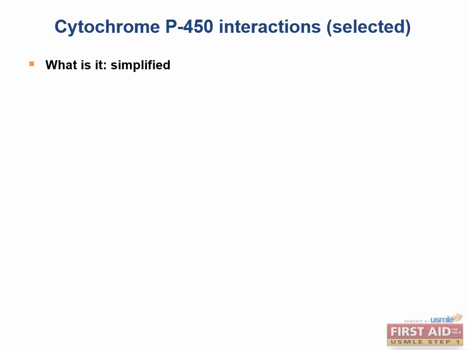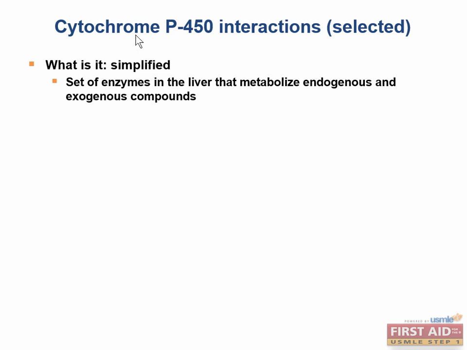We should now switch gears and talk about the cytochrome P450 system. Now, what is this cytochrome P450 system? Well, this P450 system refers to a superfamily or a broad collection of enzymes found mainly in the smooth endoplasmic reticulum of hepatocytes. So in the liver, these enzymes catalyze the metabolism of both exogenous drugs and toxins as well as endogenous compounds. We are talking about the P450 system right now because exogenous compounds, aka drugs, can affect this